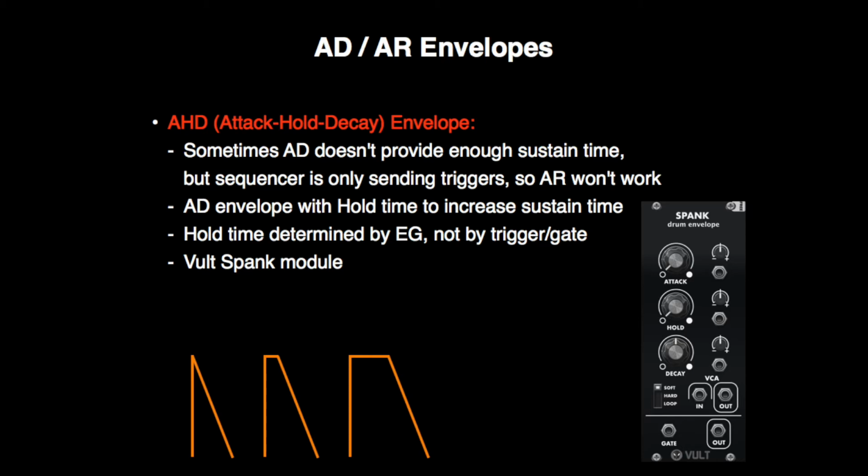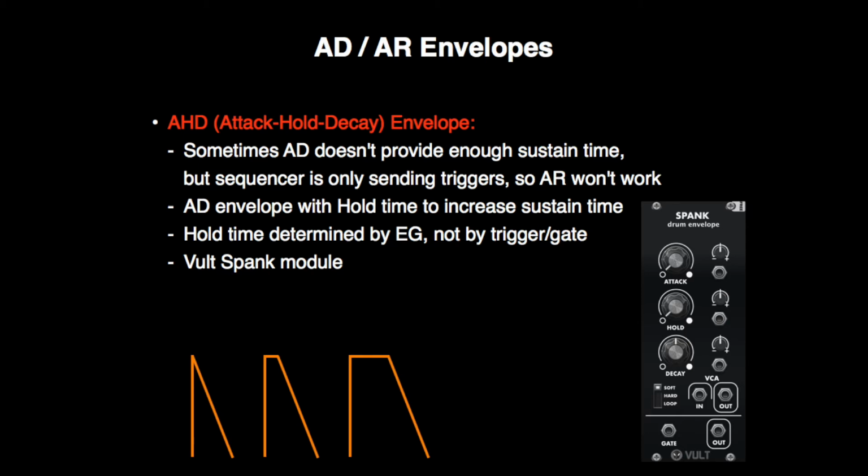The reason we use this is sometimes an AD envelope doesn't provide enough sustain time, so we want a sound that has a little more length to it, a little more body to it. But if the sequencer is only sending triggers, we won't have any sustain time, so we couldn't use an AR envelope. So we can just use the AD envelope, but have this hold time in the middle that's going to increase the sustain time. Even if it's just receiving a trigger, it'll receive the trigger and then hold for a while before that